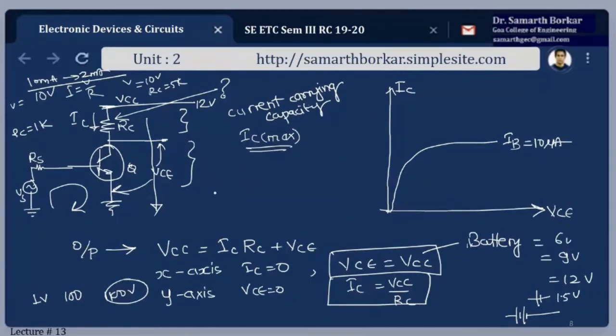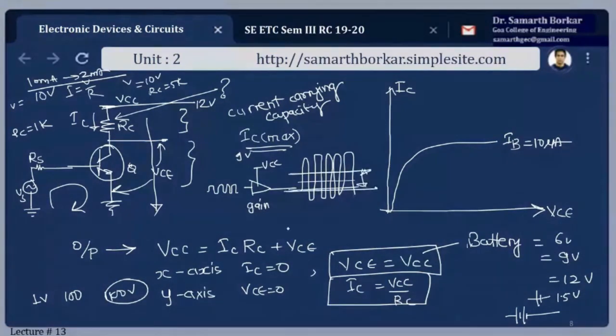For example, if I give a very small sinusoidal signal to an amplifier with a very high gain, theoretically, this is what I'm going to get, a very high signal. But then you also have to check what VCC is applied. VCC is say 9 volts. Then you will not get the signal over and above 9 volts. So this is what you are going to get. See, in the bargain, what you have done is converted your sine wave to a square wave. Is it a faithful amplification? No.